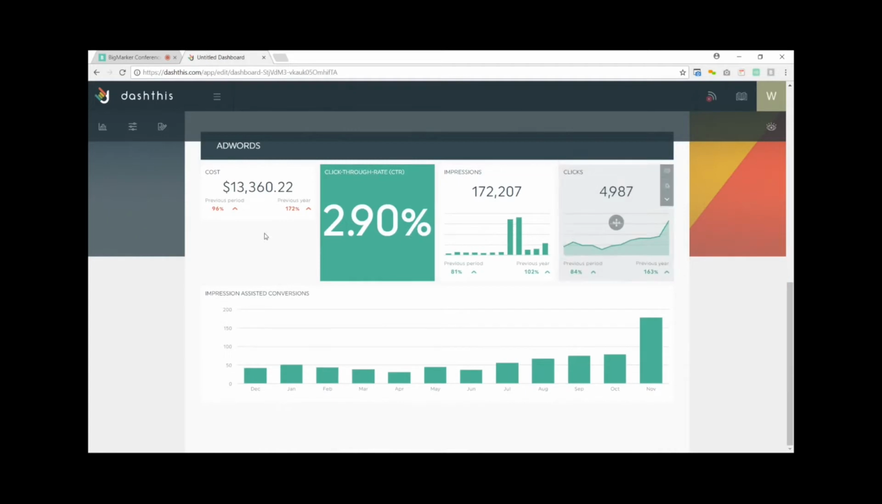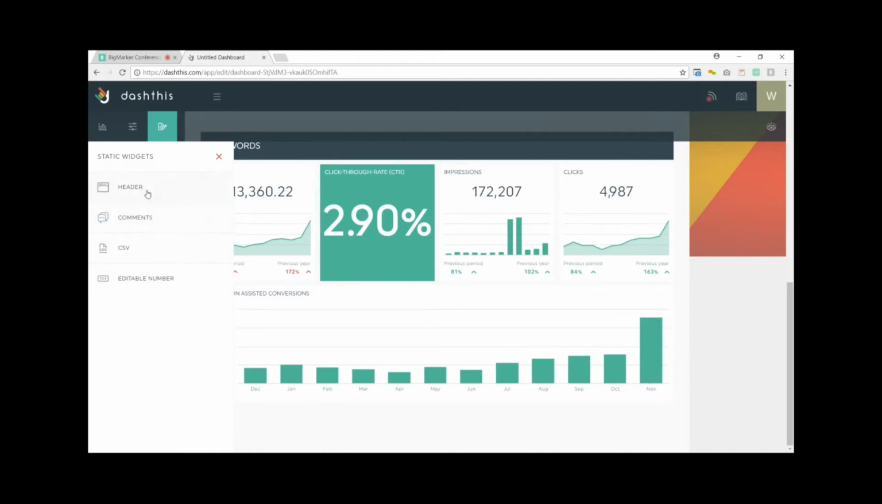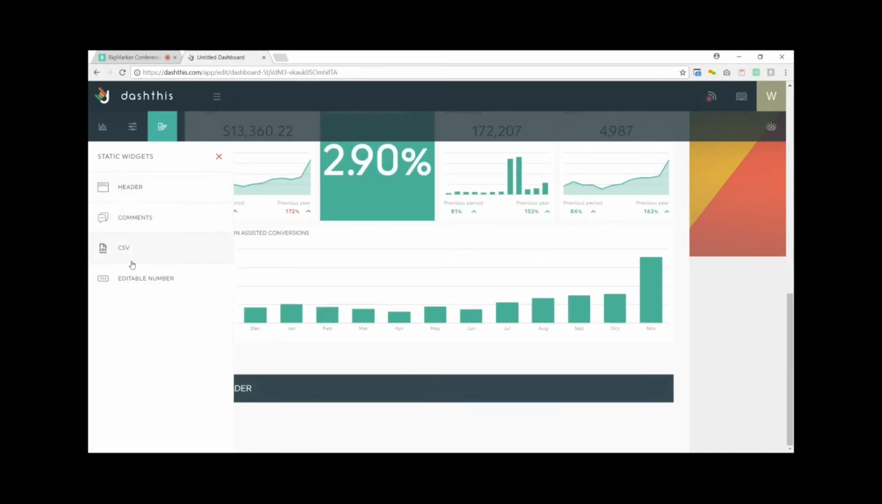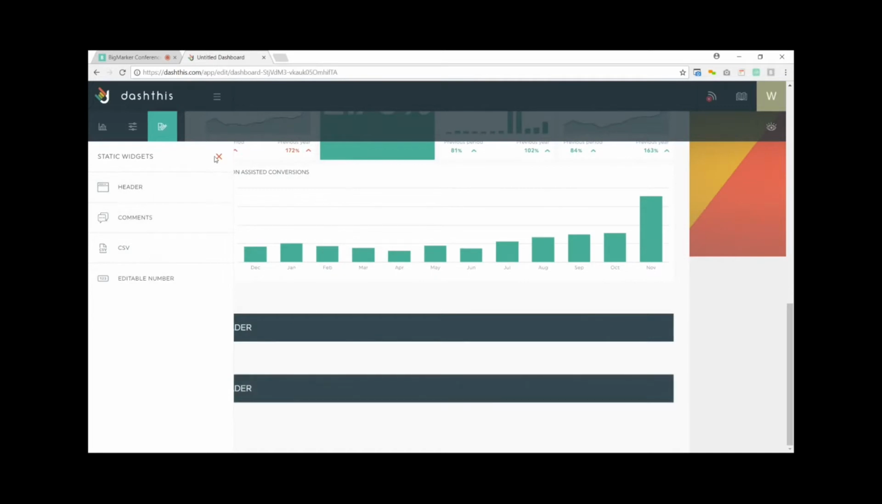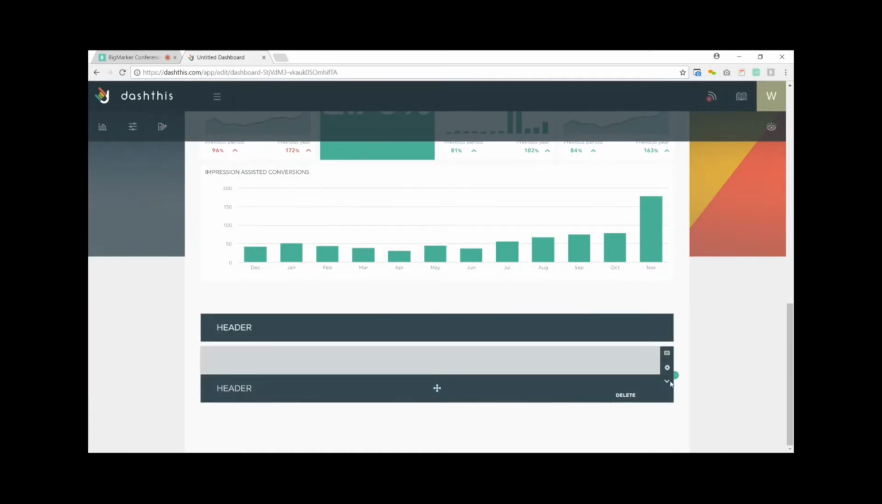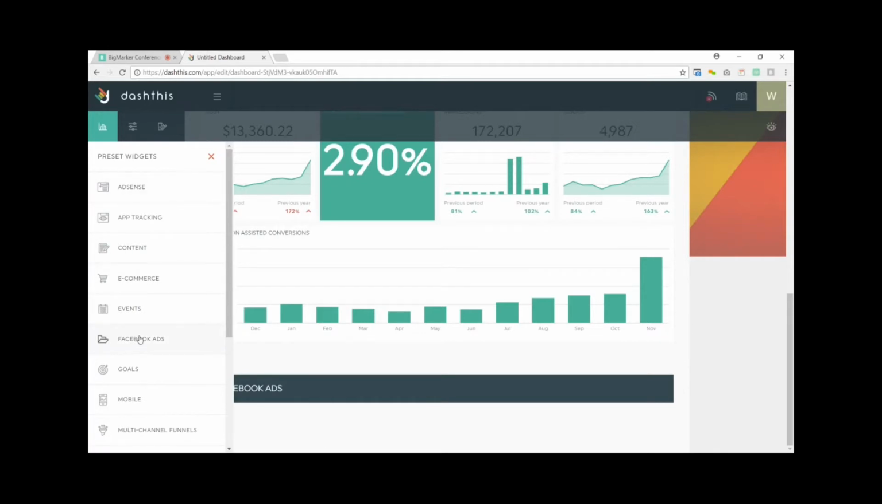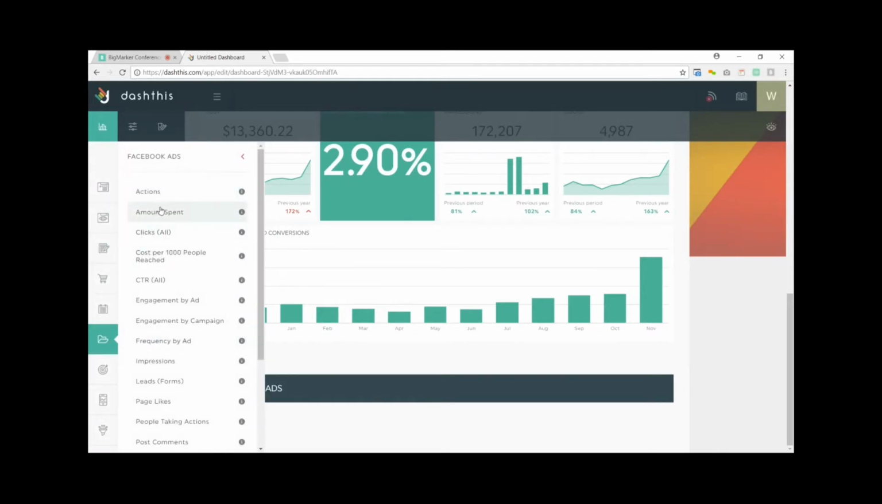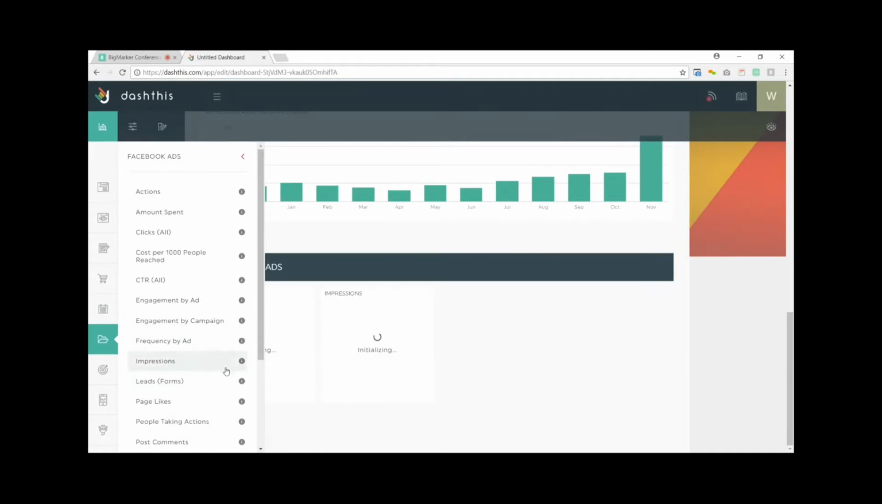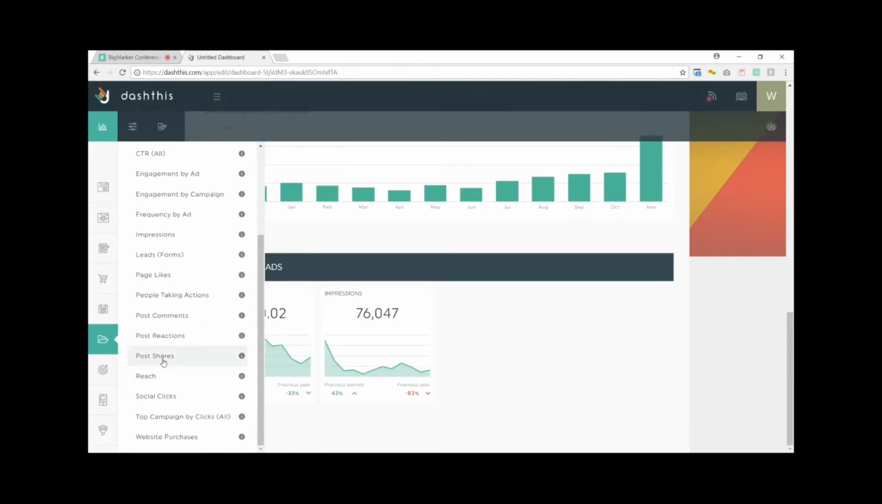So let's make it a complete section here. Now let's create a section for my Facebook data. Oops. So any widget I don't need, I can delete. So Facebook. Let's create some of the preset widgets. So in just a few clicks, once again, I can create my widgets. So the most popular ones are listed here. Let's have our post shares, comments,